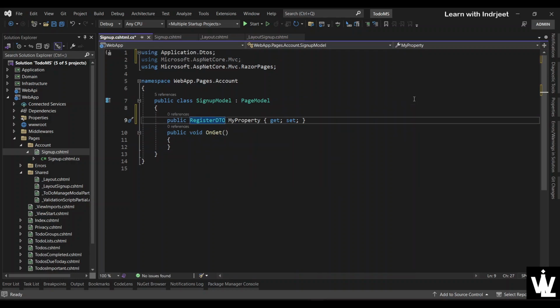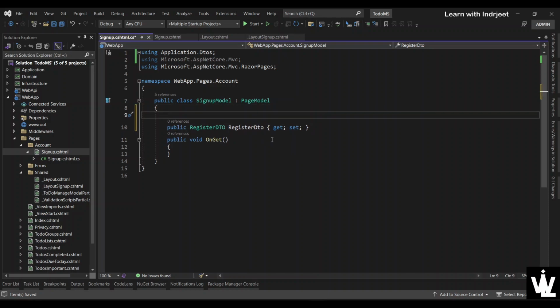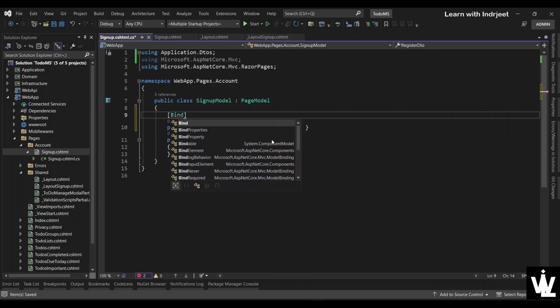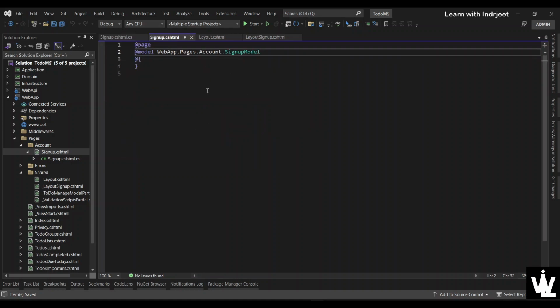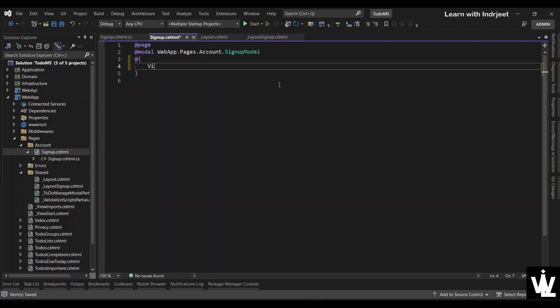and let's name it register DTO with small t and small o. Okay, like so, and let's decorate it with bind property attribute so that it can bind the properties to this, the form that we are going to use in this CSHTML file. So view data